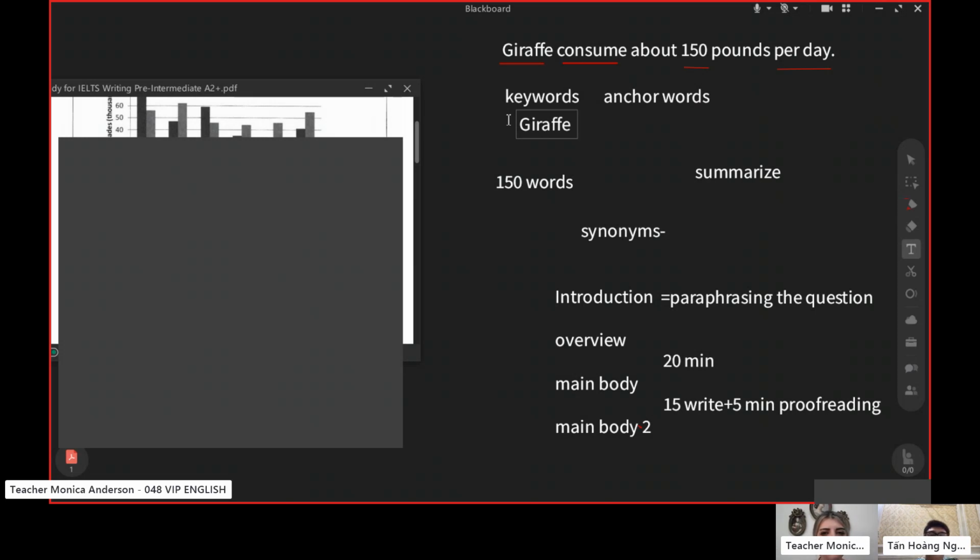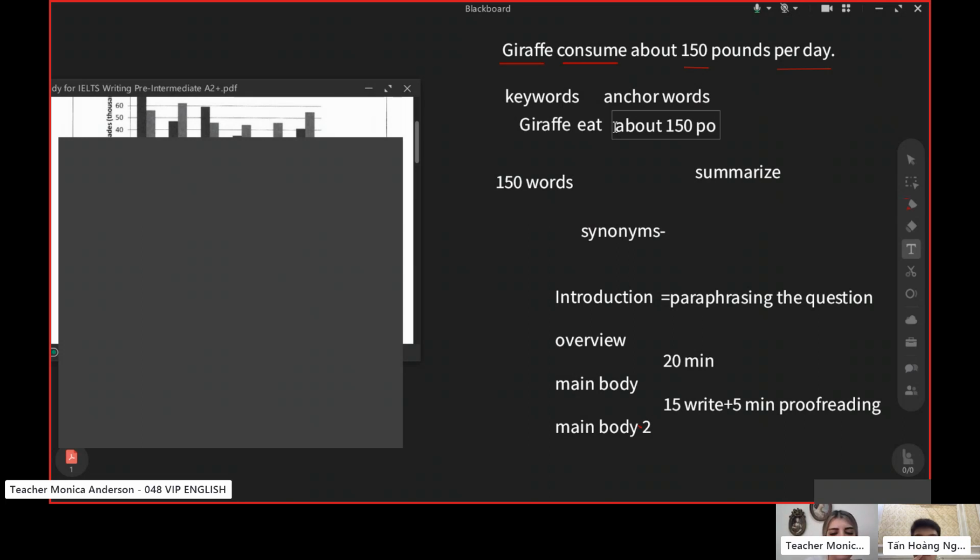This is spend. You can say eat, of course, consume, use, eat. Here it means eat, of course. Use and eat are synonyms for consume. So giraffe eats, okay, we can say about